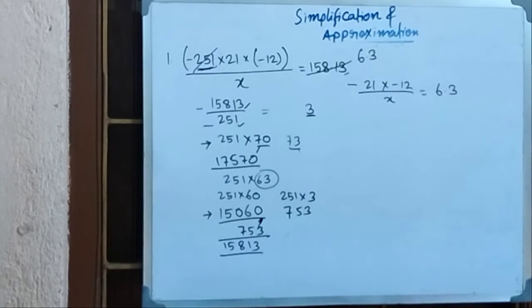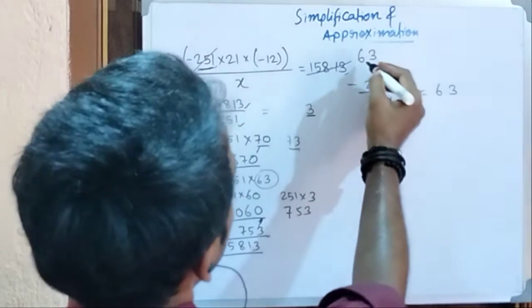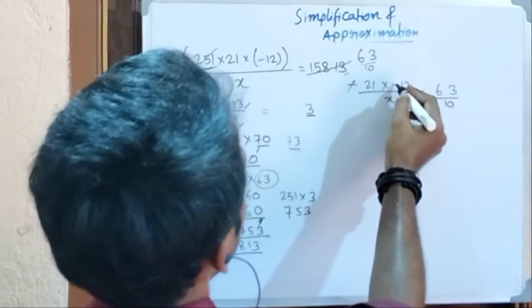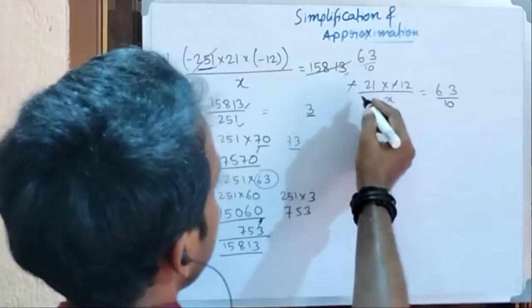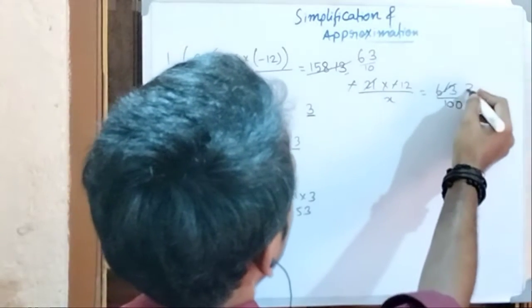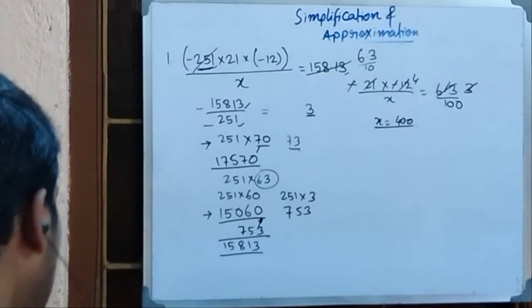So tell me what will be the answer here. Okay, quick, tell me what is the answer. Here 2 digit means 6.3 by 10, and here also 6.3 by 10. So this plus 2 negative comes up as positive, and 63 by 100 would be better. So 23, 3 times 3, 4. So x equals 400. So 400 is the answer. Okay, I hope this is okay.